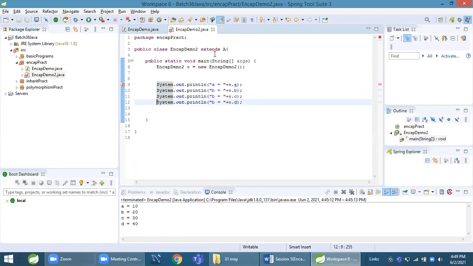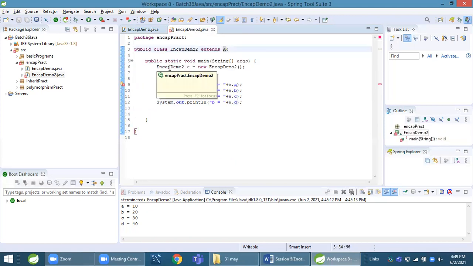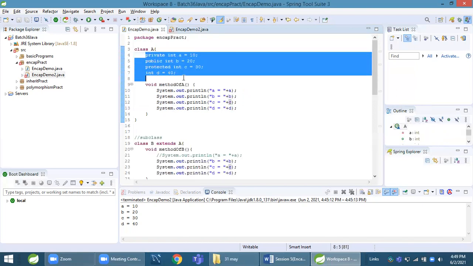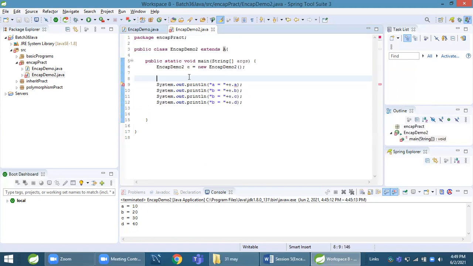For that, what we did, we extended A, we achieved a single inheritance here, extends A. Now, whatever there is in A that is available to our this file, but out of that, we can access only those access modifiers which are not private. Okay, private is not accessible outside class, I told. And as per that, you can see here, we are trying to access outside class. So it is showing error for A.